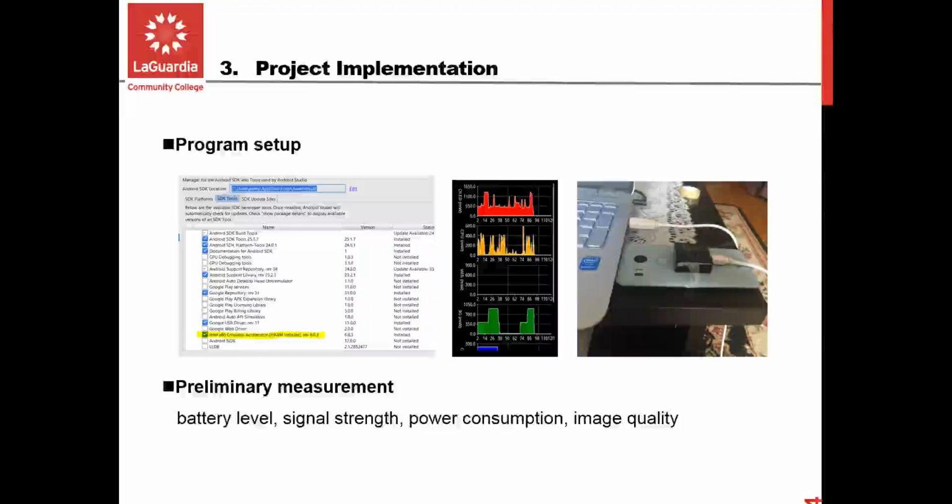We use the external gyrometer along with its software to determine the best position for the phone for the best signal strength. We use all the software to get a coarse preliminary measurement of battery level, signal strength, Wi-Fi power consumption, and image quality.